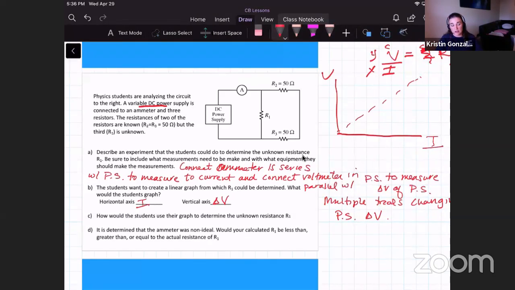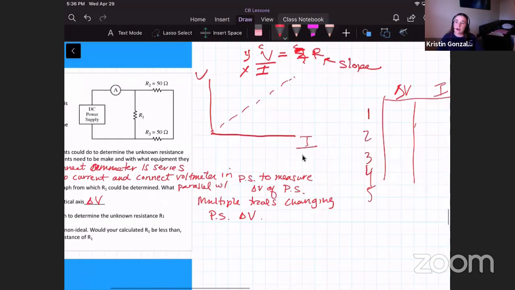So my big question here for you is, what resistance is that slope equal to? We said the slope is going to be equal to R, but what resistance is it? Well, if this is the total current going through my circuit, and this is the total potential difference, this is going to be our equivalent resistance. So the slope here,